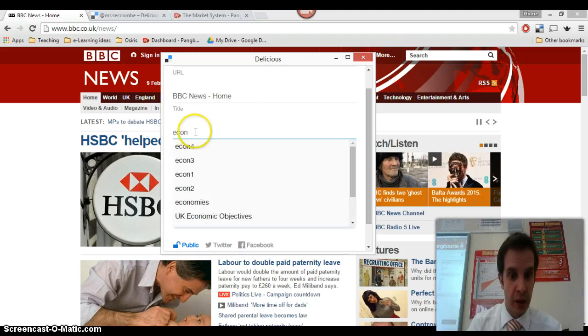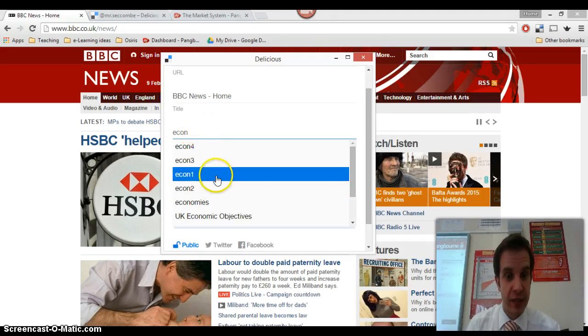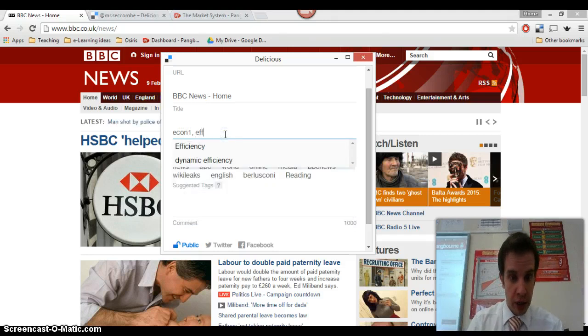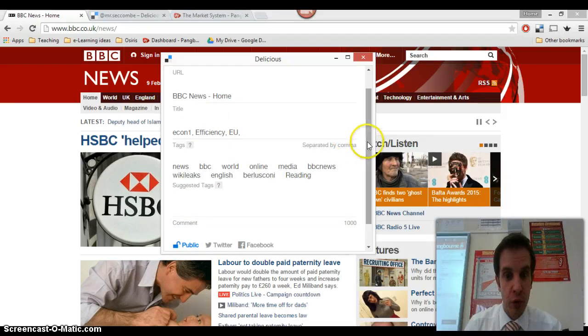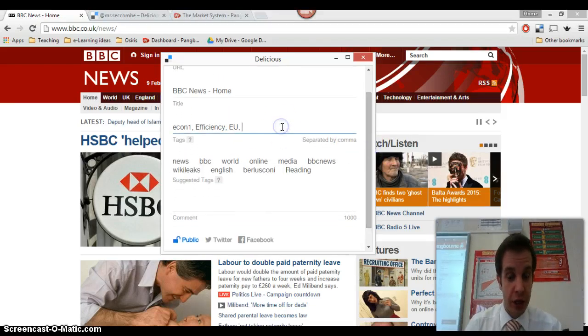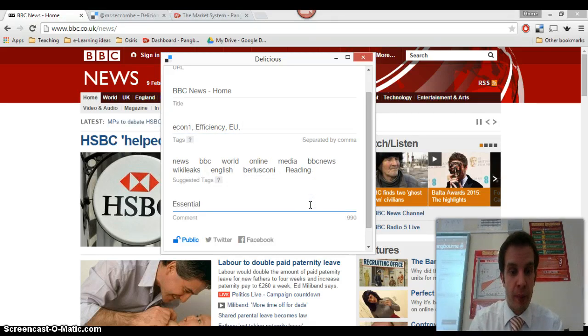So let's say I want to tag this as being related to Econ 1 and efficiency and the EU, and so on and so on. So I can add all of these tags, and I can add as many as I want. It suggests some for me, but those aren't from my list, so I generally ignore those. And I can also add my own little comment,